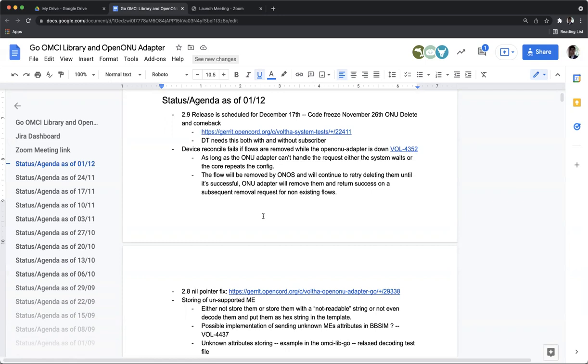The flows are gone. Everything is clean except ONOS has some weird stale state. And we think we found the issue there. The removal of the technology profile has yet to be checked. It might be the same reason we found yesterday, but it has to be determined. I am not sure.